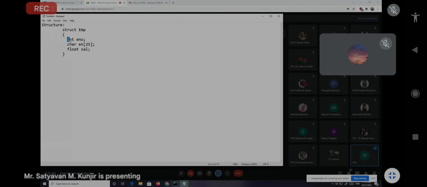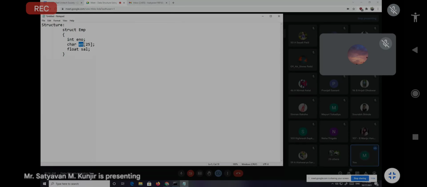That means the definition of structure is it is a collection of different data elements. Then E number, en, and sal are the members of structure EMP. What is its meaning? The variables which are declared in a structure are called members of that structure.